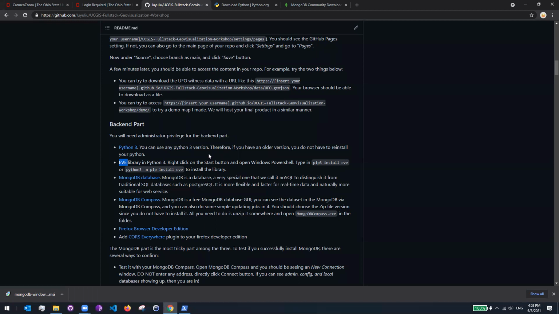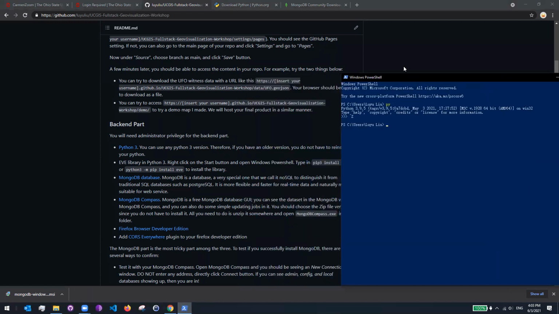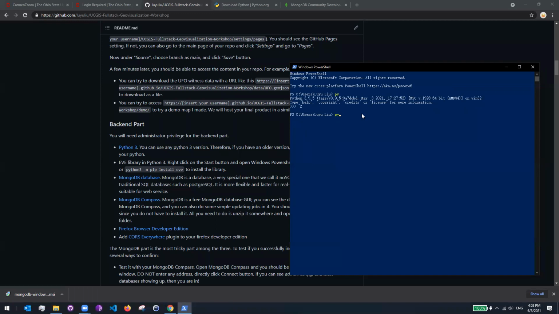So we need to actually hold the windows between these two parts, which is the backend and the front ends. We need to connect this. So the EVE library in Python 3 is very useful for these purposes. All right, so to do this, you want to type in py -m pip install EVE, or you can just use pip3 install EVE depending on what kind